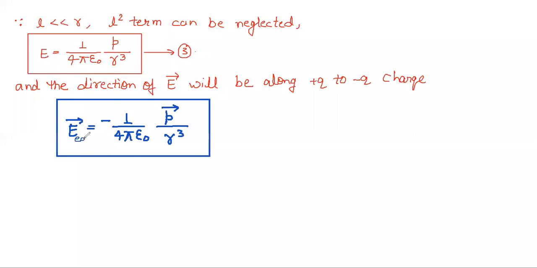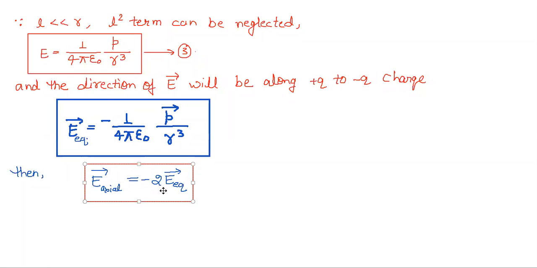One more thing, this is at the equatorial line. And if you remember the electric field at the axis of the dipole, you can compare: the electric field at the axis of the dipole will be twice the electric field at the equatorial, and the direction will be opposite. The minus sign shows that the direction is opposite, and this 2 shows that the magnitude will be 2 times the equatorial. That means the electric field on the axis, at the same distance, will be double the electric field on the equatorial line, and the direction will be opposite. Okay, so this is a result in front of you, copy it down well.